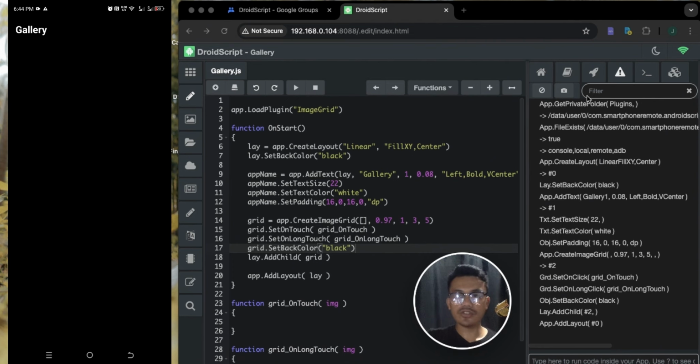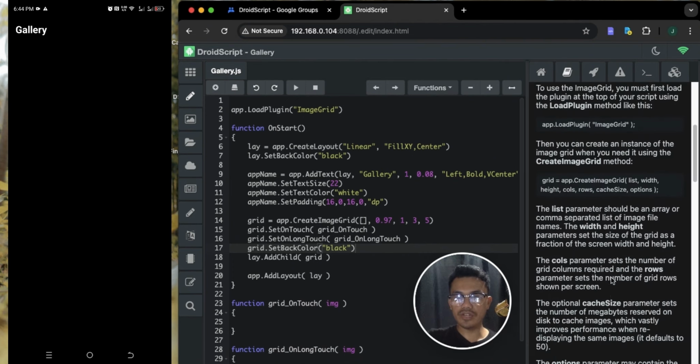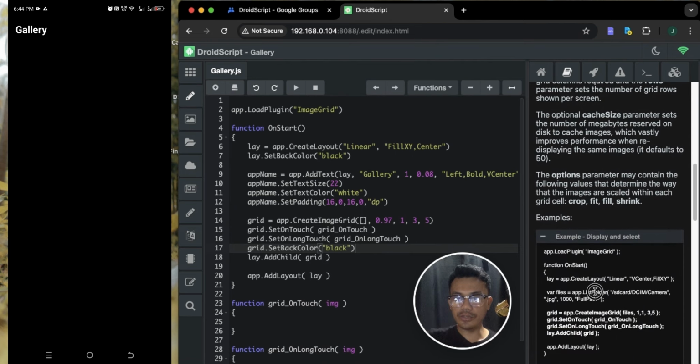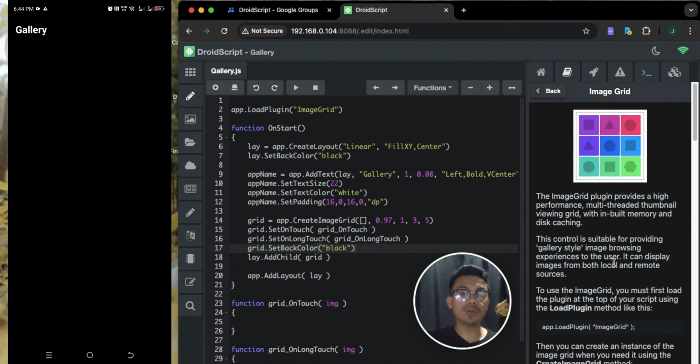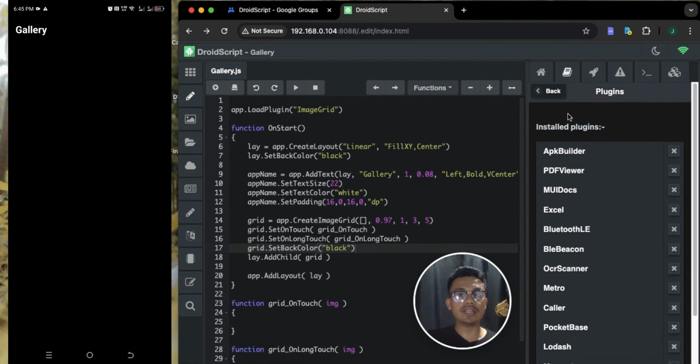To display images, here in image grid sample number 1, it uses this app.listFolder. But in our case, since we are displaying hundreds or thousands of images on the mobile phone, app.listFolder can't be used here, because in app.listFolder, we should pass the folder where our images are located. But in this type of application, we don't know where the users put all their images. So what we are going to do in this video is we'll use another very useful method of the app object, and that is the queryContent.